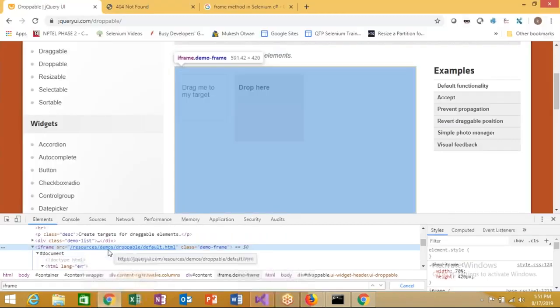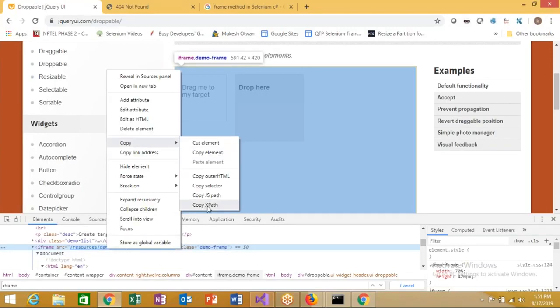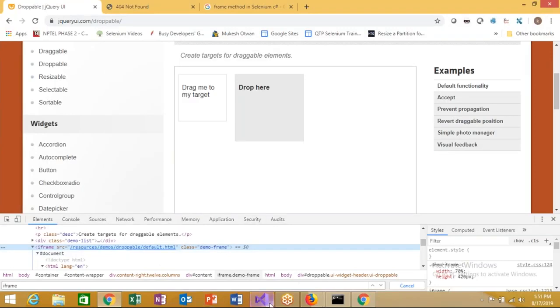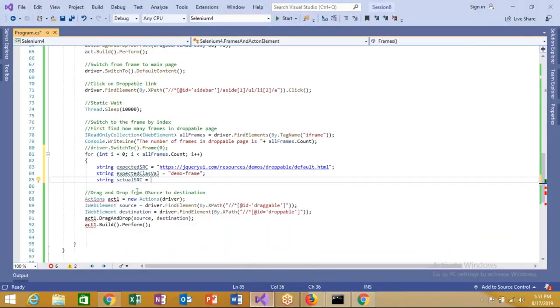I'll get the XPath of this frame. driver.findElement by the XPath. The XPath of this frame is